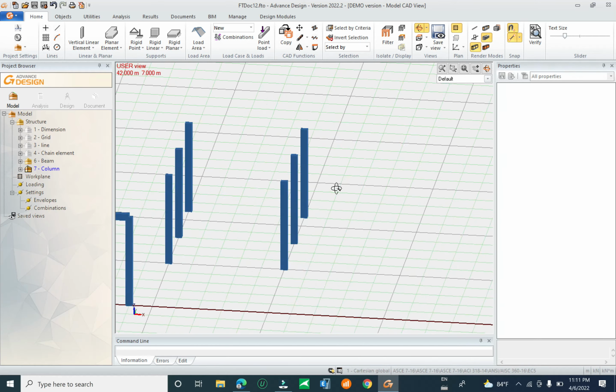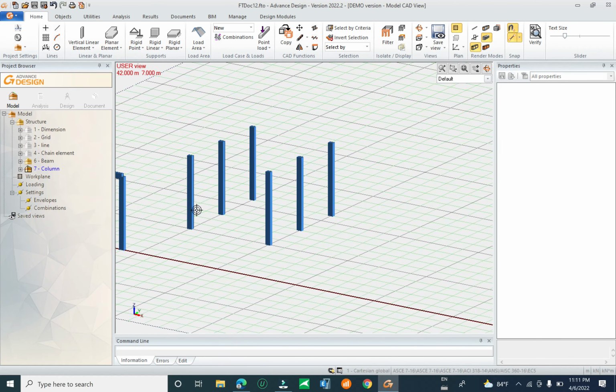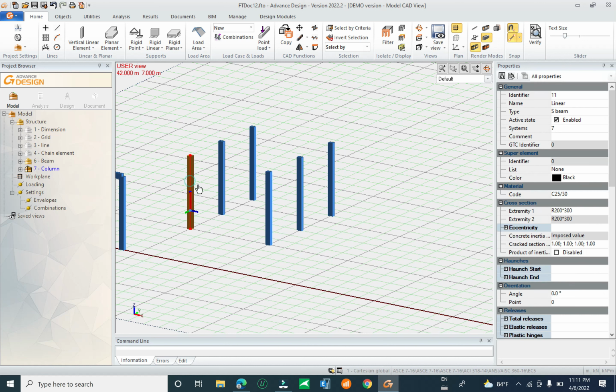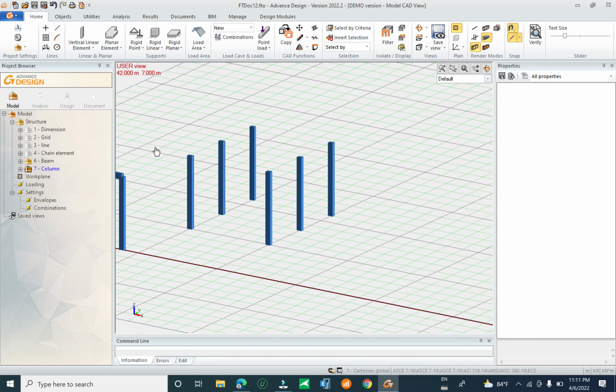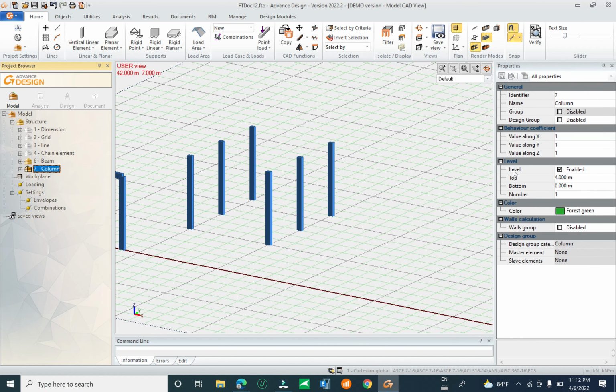You see here your column will be automatically created from the 0 level to the 4 meter level. You see here when you activate the option of level. After you activate the option, you can create the vertical element, and you can design it as a group. In the option or model, you can group it as one group, and you see here the design group is for the column,